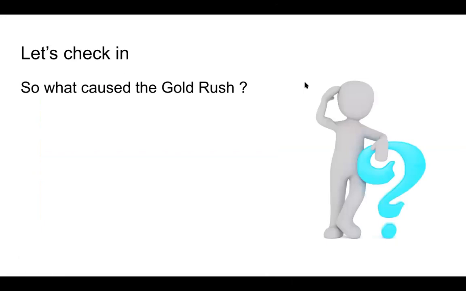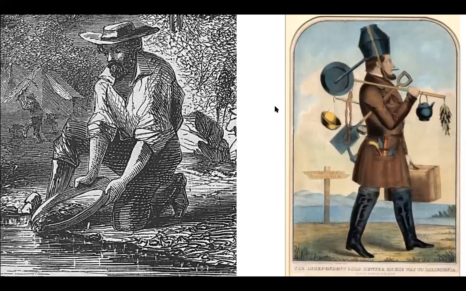Okay, so now this is a good time to ask students to practice a causation statement. So check in with them and see what they can come up with. So what caused the gold rush? So if you want to pause there, you can, to check in with them. And then we'll do these at the end as well.